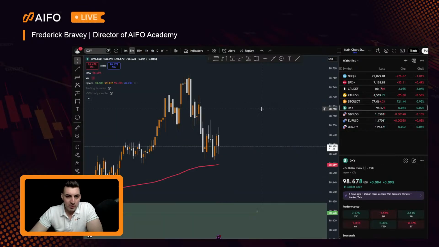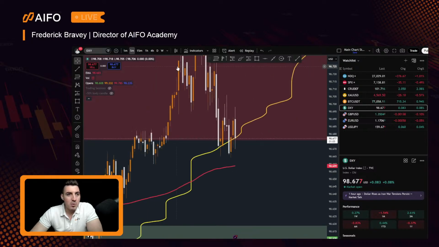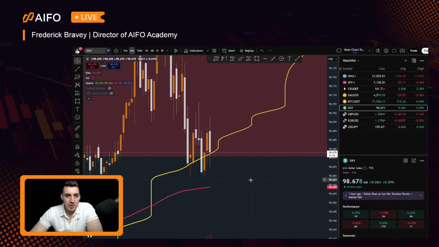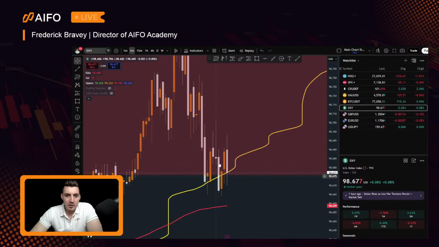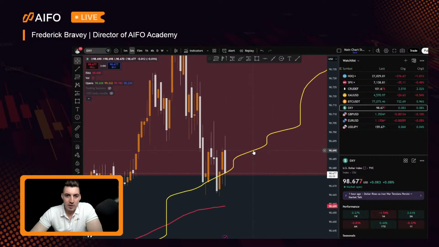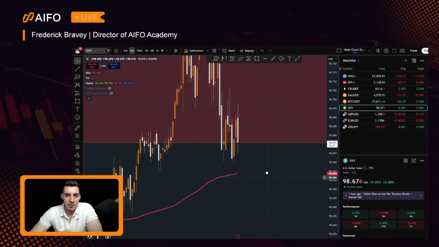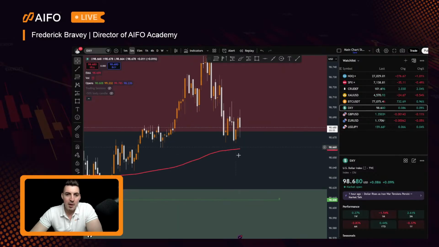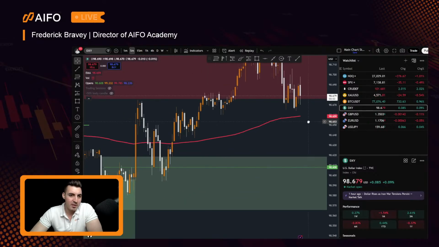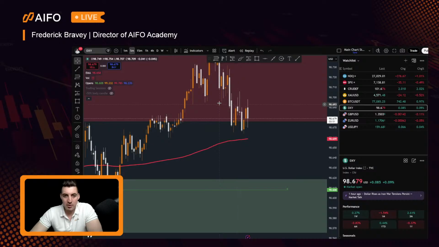All right, let's jump back to DXY. This must be pushing itself up as well. Yeah, it's come down. It's having a little bit of a consolidating crisis here. Let me remove this line. Bounced nicely off that 200 EMA. We do not want it to bounce. We want it to go through it